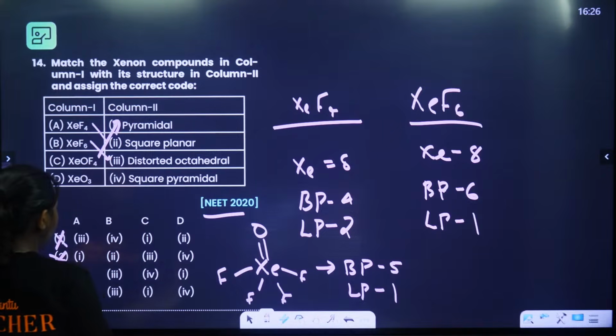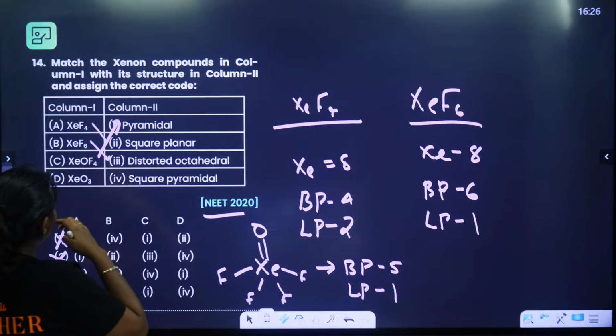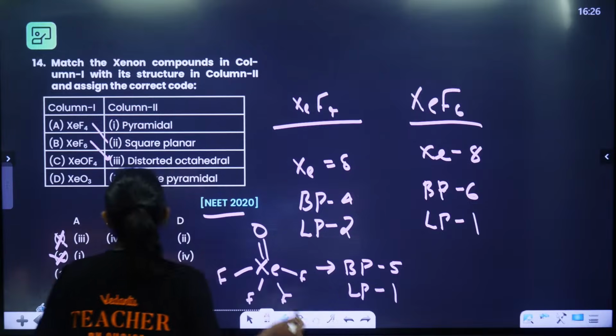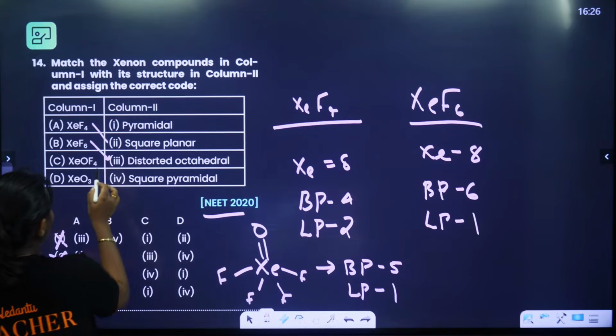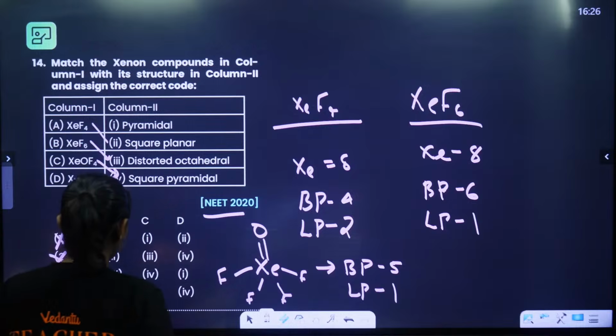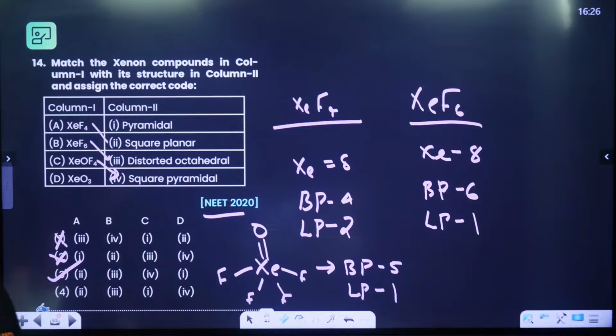Correct answer is... And then pyramidal, how will it become pyramidal? No, it's not pyramidal. It is square pyramidal only. So square pyramidal. Correct answer is option 3. Option 3 is the correct answer. Okay. Then